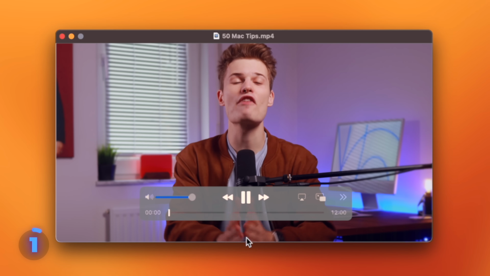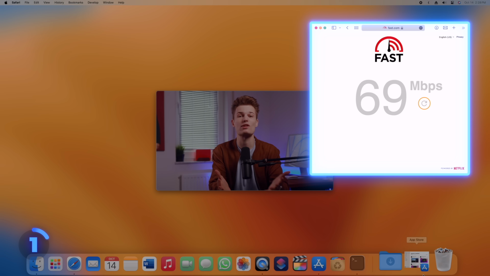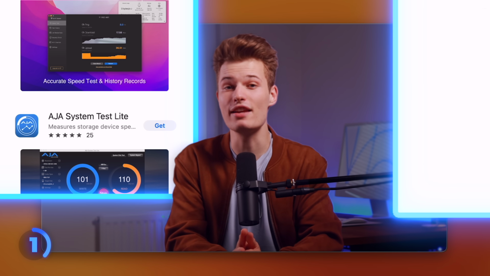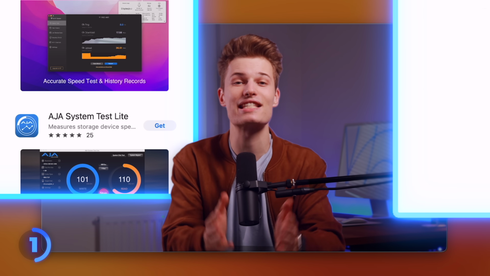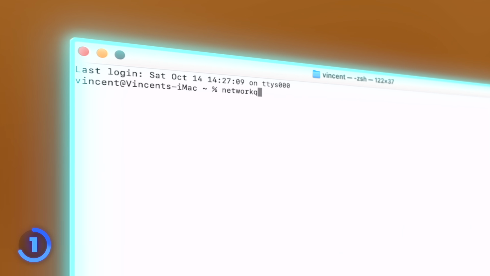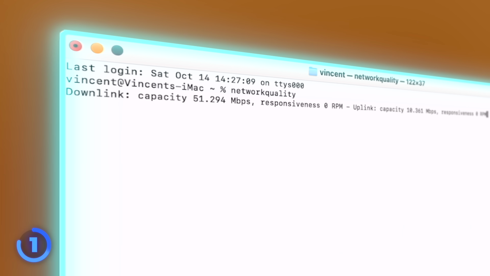Okay, first, everyone knows that you can use websites or apps to test your current Wi-Fi speed. But what nobody seems to tell you is that macOS actually has a speed test baked in. Open the terminal app, type in network quality, hit enter, and within a few seconds you'll see both your upload